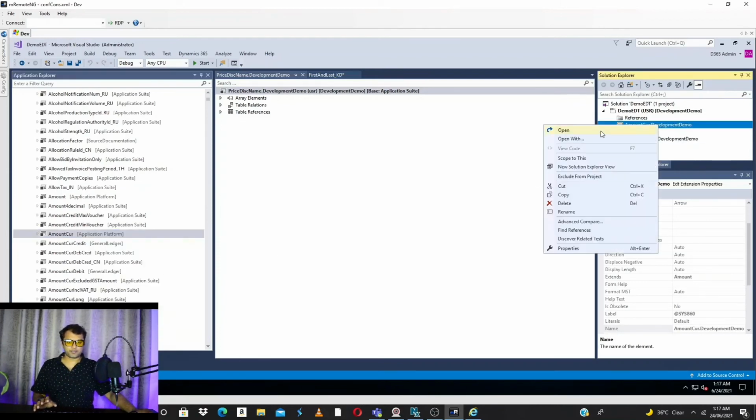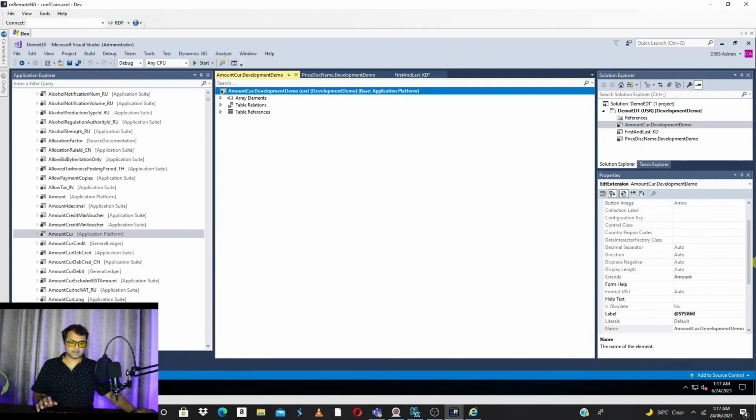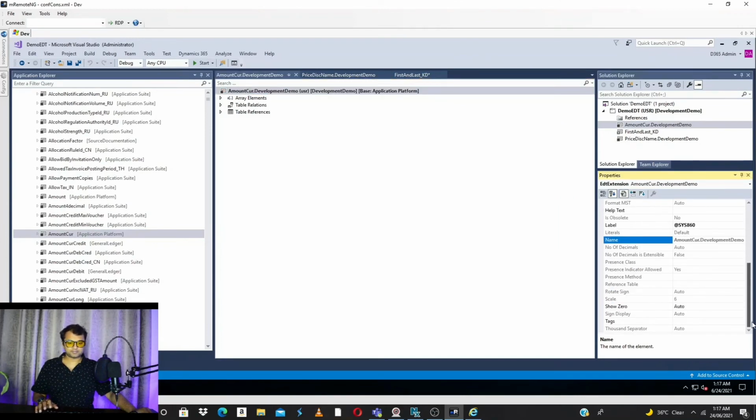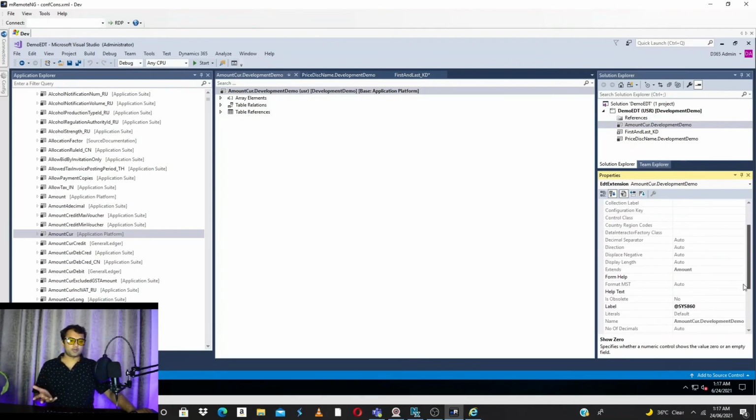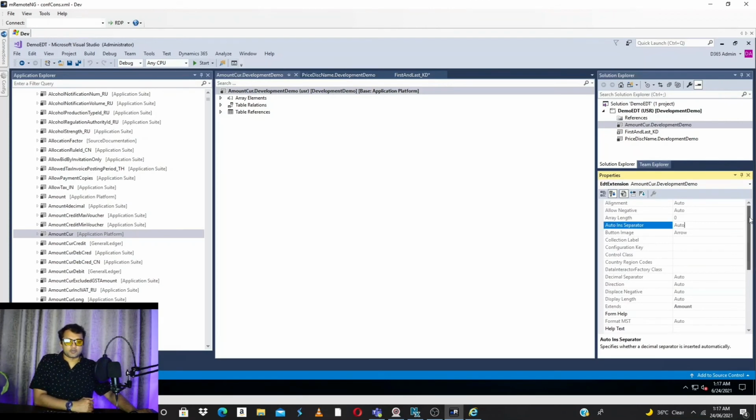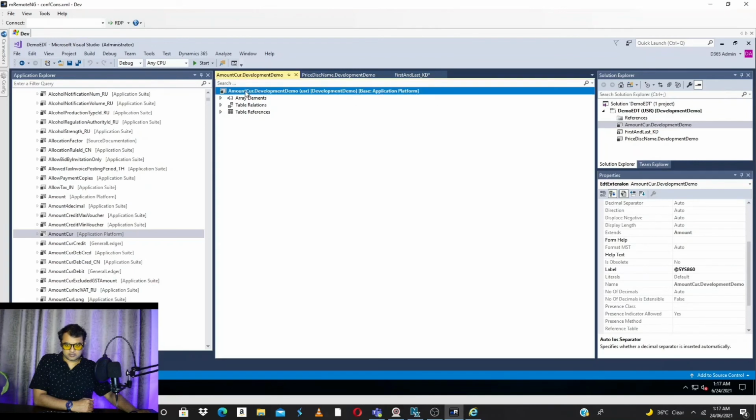Open it, and here you can see you can change the label, and either you want to show zero or not. This amount curve is basically used for various tables where we are going to show an amount. So this also extends another EDT.